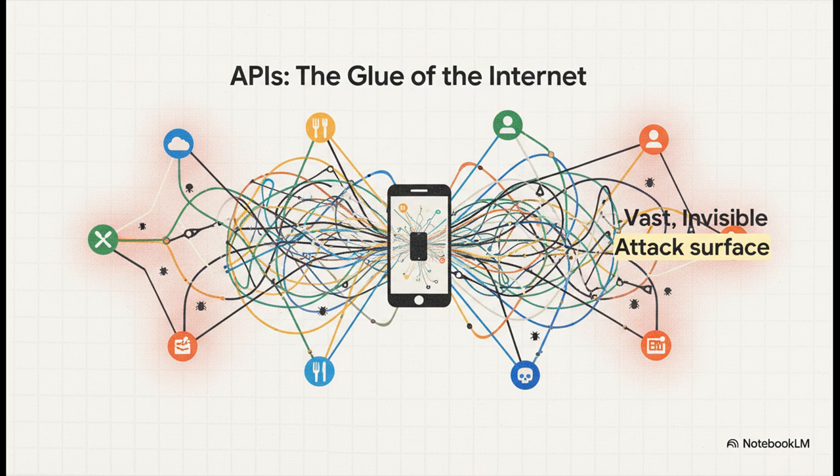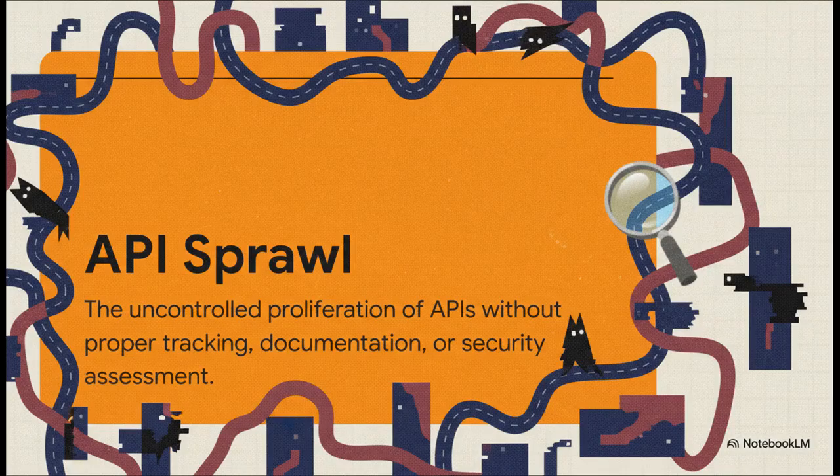But here's the catch. The more connections you create, the more doors and windows you're building, creating this massive attack surface that most organizations can't even fully see. This chaos leads to a problem called API sprawl. Now, this isn't a single bug, it's a state of being. Imagine trying to police a city where new roads are being built all the time, but nobody's making a map, putting up street signs, or even telling the police where they are. That's API sprawl. It creates this tangled, undocumented mess where all sorts of threats can hide in plain sight.